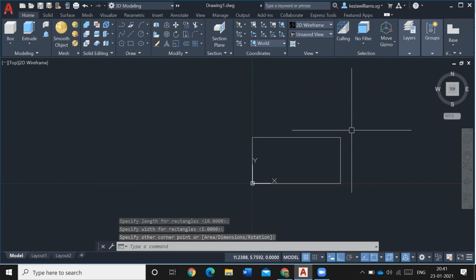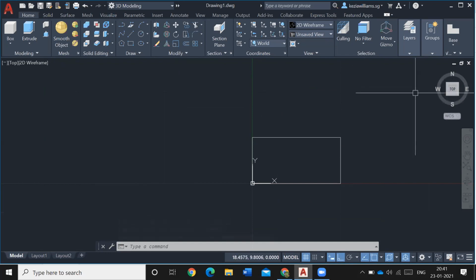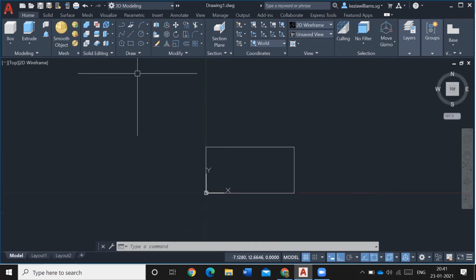Okay, now this is what you see here. I want to extrude. What is extrude? Extrude is actually where you give a height to make a 3-dimensional drawing. I already told you that we will be learning 3-dimensional drawing here. And what is the difference between 2D and 3D? 2D is where you only see 2 dimensions. In 3D you see the 3rd dimension of it, so you see the total volume of the thing.